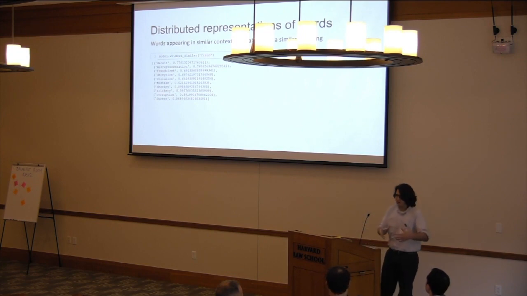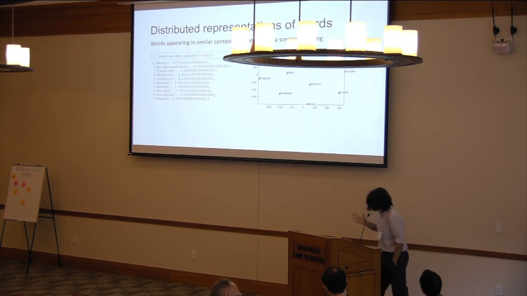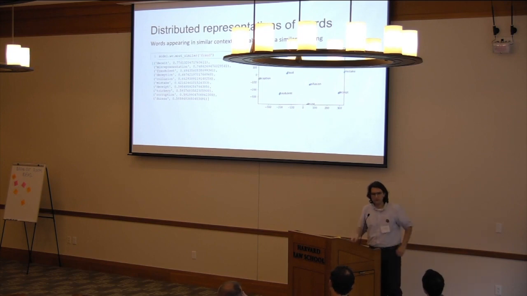The algorithm can capture that and represent it in a vector space, right? If we were to project it in 2 dimensions, we would get something like this, where they're sort of together in the vector space. Now, what this allows is actually quite fascinating, because instead of just dealing with words, we're dealing with vectors.